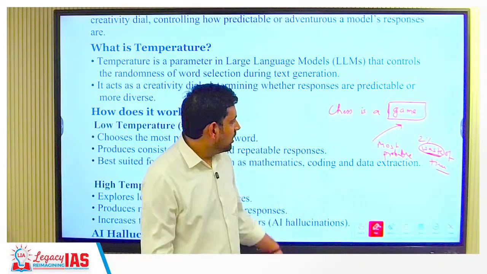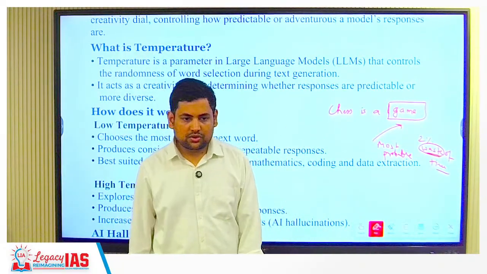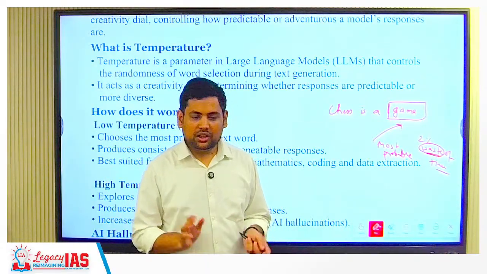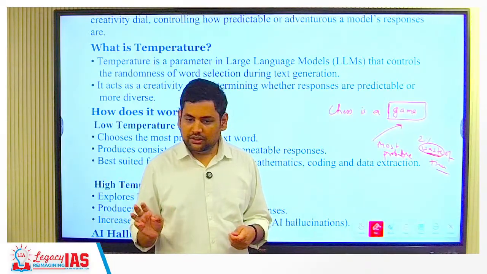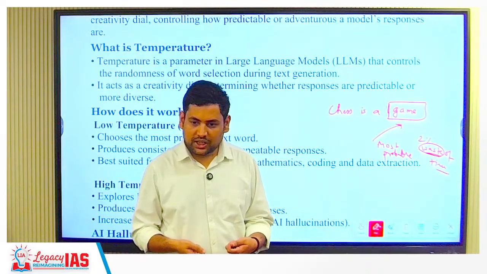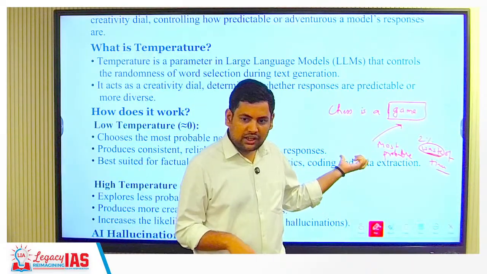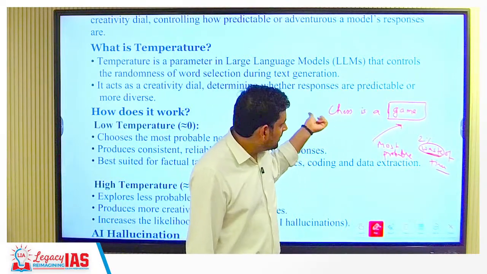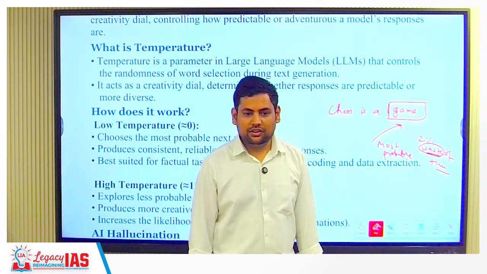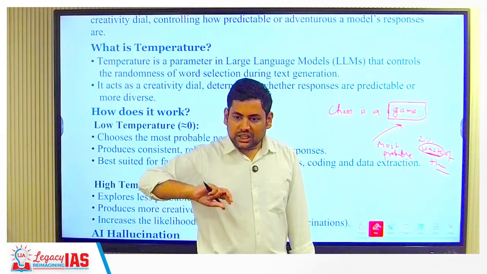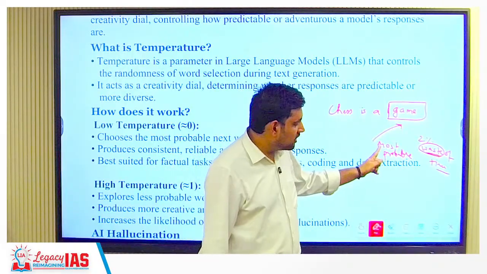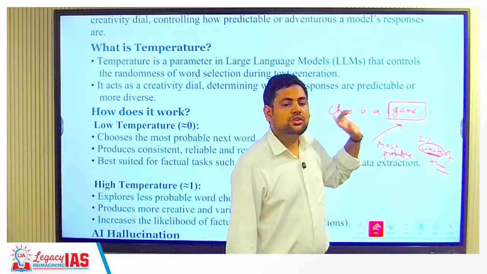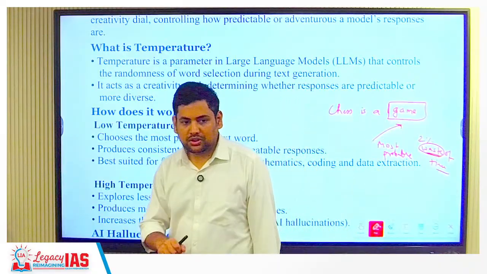Now, but AI understands your context. So what happens if you are talking about your chess addiction, that I'm all the time playing chess, not able to concentrate anywhere else, I cannot study because I keep playing chess. Then if you ask it what do you think chess is for me, it will tell you chess is a waste of time for you. Correct? So essentially it is increasing the randomness. It is not giving you the most probable answer, it is giving you the most pertinent answer based on your context, and that is why temperature is sometimes important also.